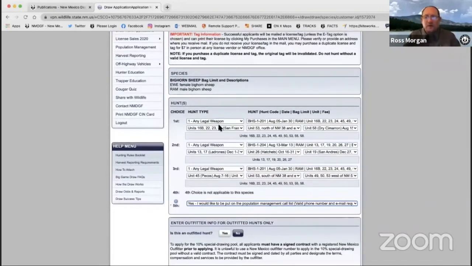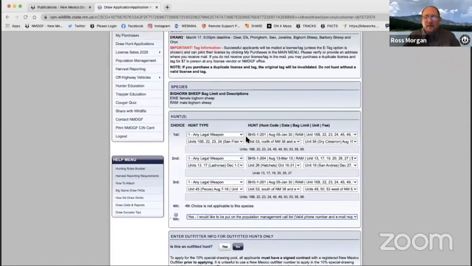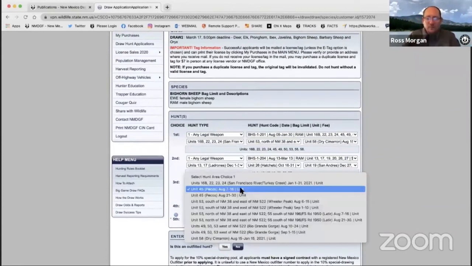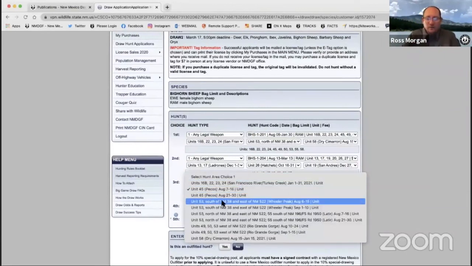But yeah, so as you can notice from this, it's a lot of information. This is one you're going to want to sit down and study and figure out, do I want to hunt? What's more important to you? First of all, deserts or Rockies. So you can put your desert choices as your first, and then Rocky as your third. Or if you say you've already harvested a Rocky Mountain Bighorn sheep,